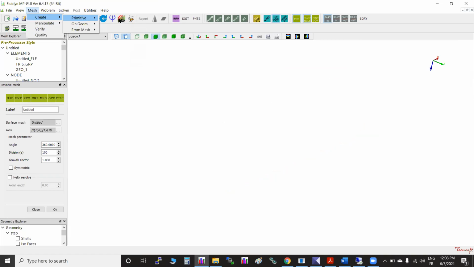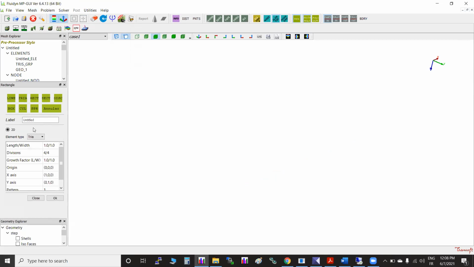I'll show one of the primitives, for example a rectangle box. The length is, for example, 1.05, same. This is 0.2. Then create some 50 elements along the x direction, 5 elements along the y direction, and 2 elements along the z direction. Like this. Okay.